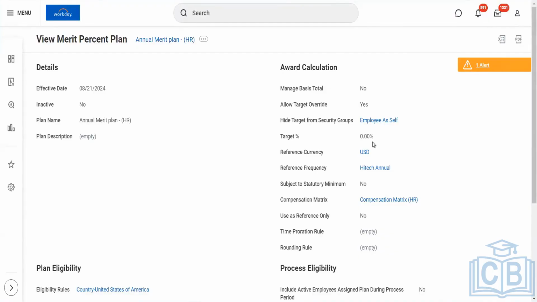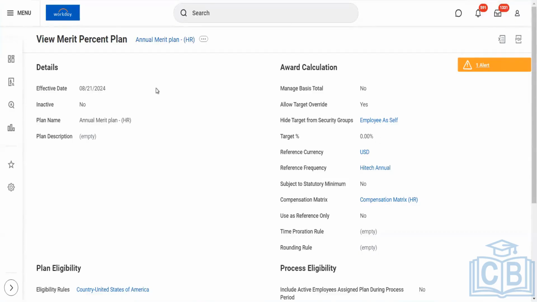In that scenario, by default, this target percentage that we are defining over here will apply. Normally, the reason why it is 0 is that for whomsoever I want to consider within the merit plan, the percentage will already be defined, and it should work on that basis. That is the reason why this has been kept as 0.